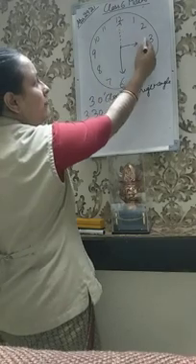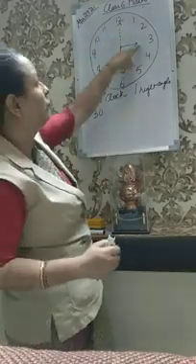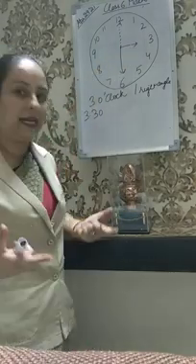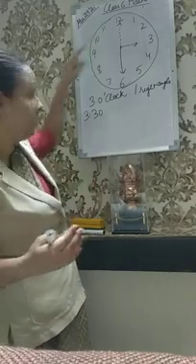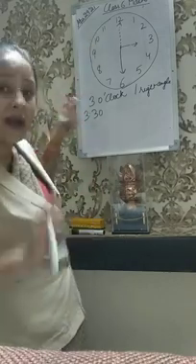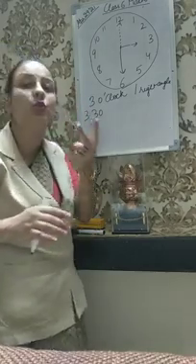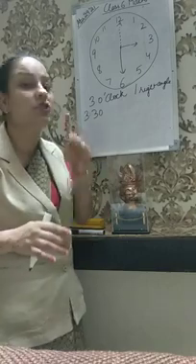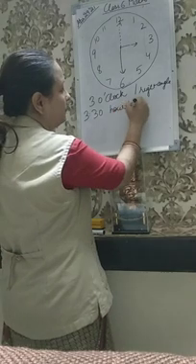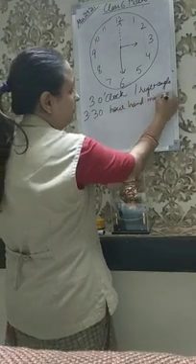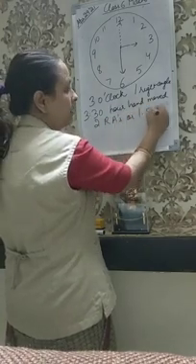See, from 12 to 3 it has moved one right angle. From 3 to 6 it has moved another right angle. So what does that mean? That means that from 3 to 3:30 the hour hand has covered 2 right angles or one straight angle, right? So at 3:30 the hour hand moved 2 right angles or one straight angle.